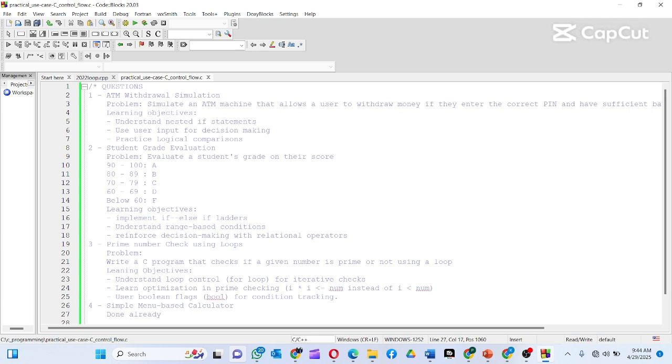Welcome to this C programming tutorial. Today we'll be tackling real-world use cases using flow control. After going through two tutorials on flow control where we saw conditional statements, switch case, and loops, we'll be tackling